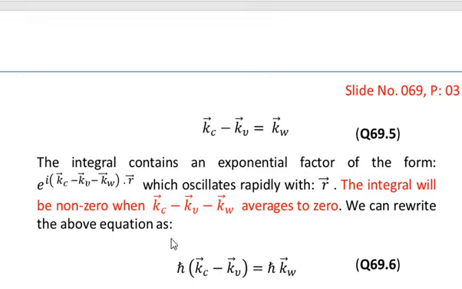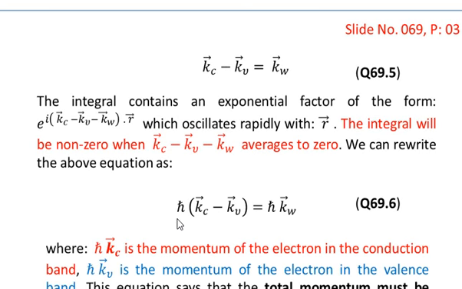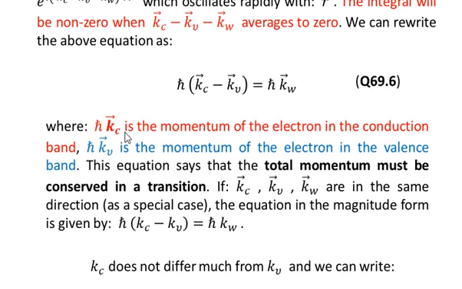We can rewrite the above equation by multiplying both sides by h bar. Within parentheses we have Kc minus Kv in vectorial form, and on the right hand side we have h bar multiplied by Kw, again in vectorial form. Here h bar Kc is the momentum of the electron in the conduction band, and h bar Kv is the momentum of the electron in the valence band. This equation says that the total momentum must be conserved in a transition,